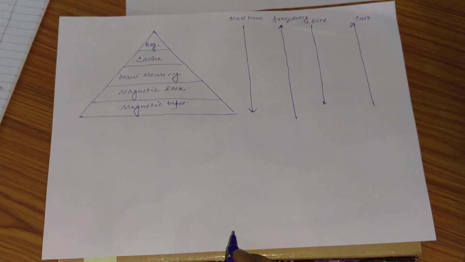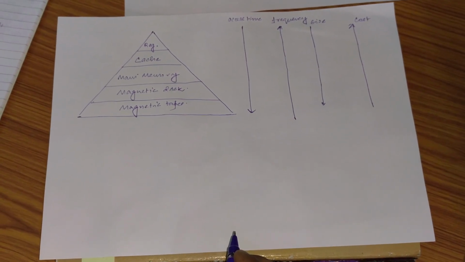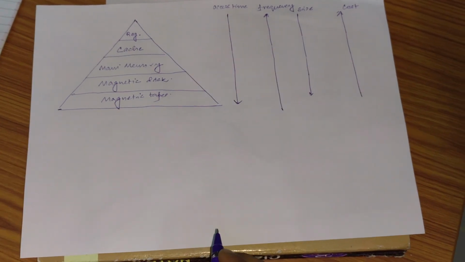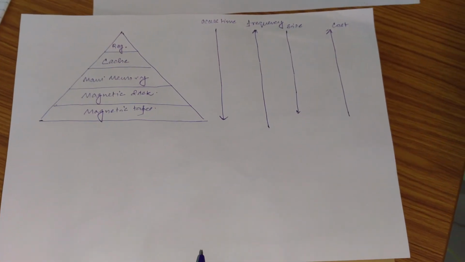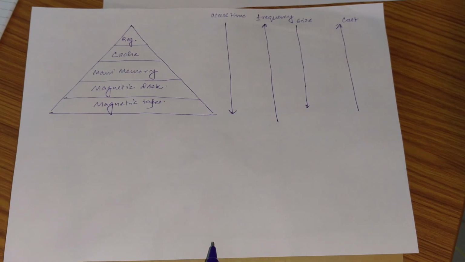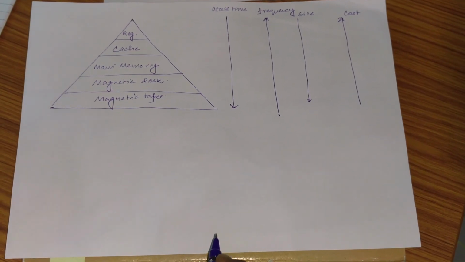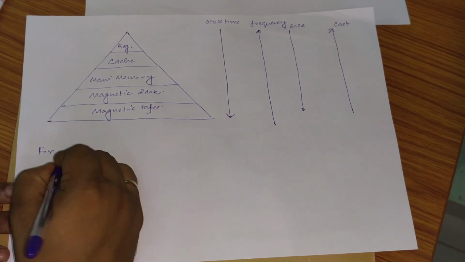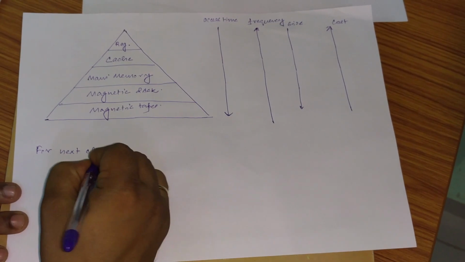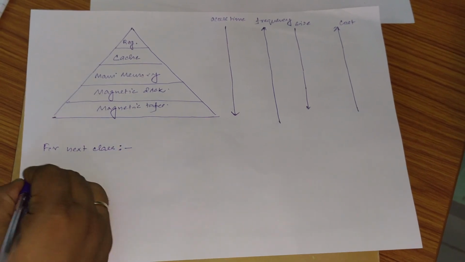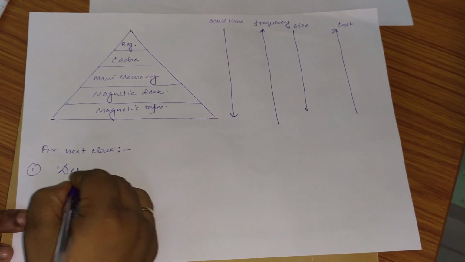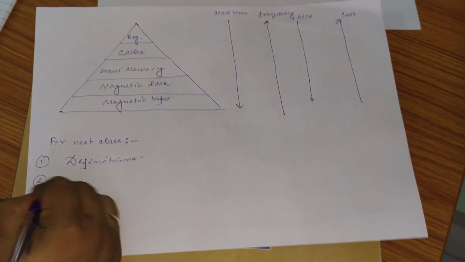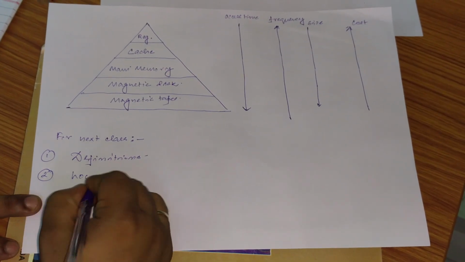So this was all the basics about the memory organization. In the next class I will give you some definitions of what is a hit, what is a miss, what is hit latency, miss latency. So let me write it from next class. First I will cover some definitions, then I will talk about locality of reference,